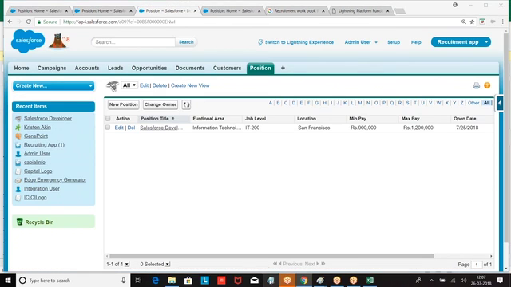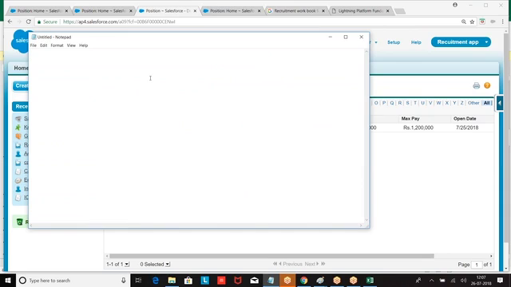Now let me give you one more time. So what are the different types of pages we have seen? Home page. On home page, how will you control? Object, search layout, tab. Object, tab, add the fields.